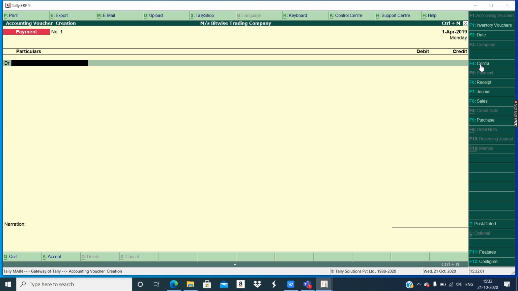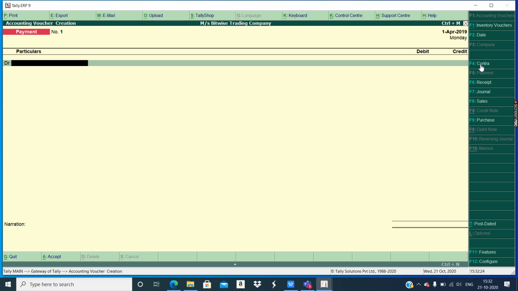Sales voucher, anything sold by the company, either it is on credit or cash, okay, can be entered in sales. Credit note, debit note, it's explained in the textbook in detail. Purchase. Yes, purchase means anything you are going to purchase on credit or cash. Okay, can be entered in the purchase voucher.